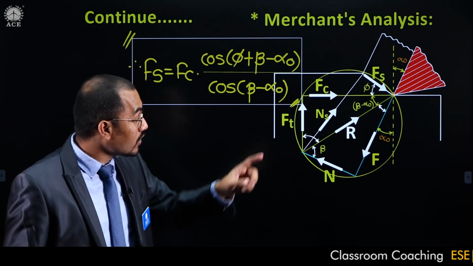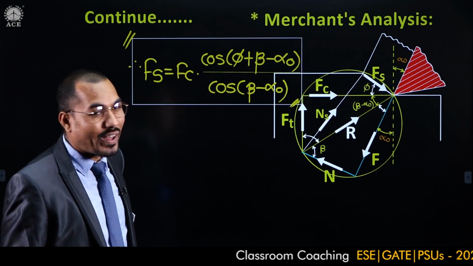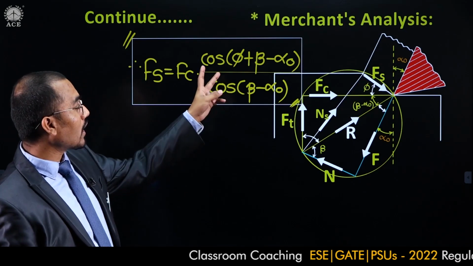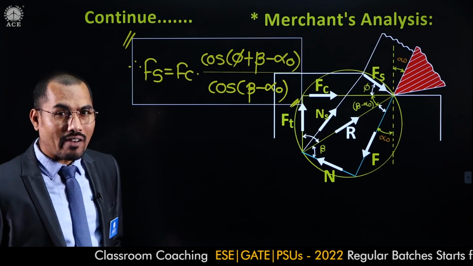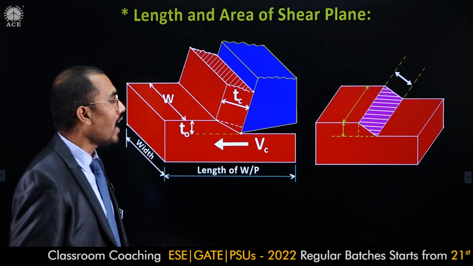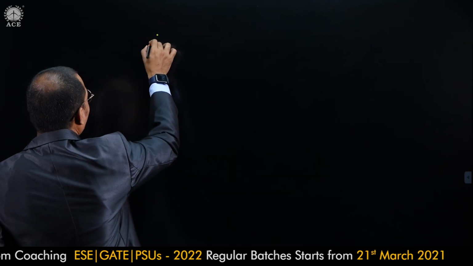Out of that, rake angle alpha 0 is also given. So, now there are two values we are interested to calculate, one is phi and one is beta. If I am able to calculate phi as well as beta, my work is done. Now sir, do I have any equation for calculation of phi? Yes sir, I do have an equation for calculation of phi. Do you remember the equation?